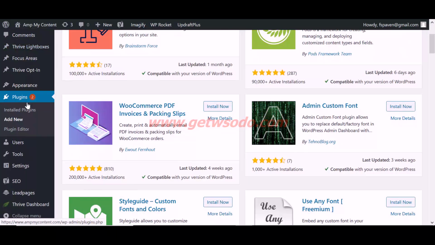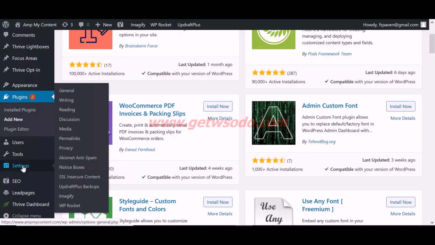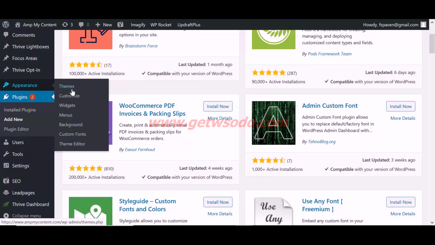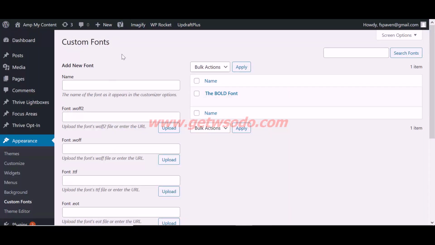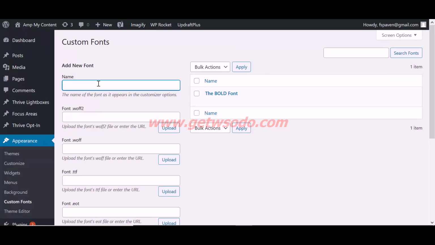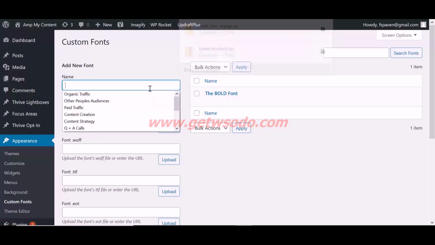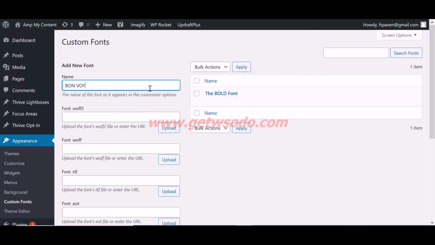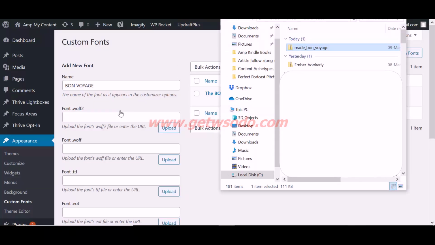Then, once you've got that installed, you go to appearance, custom fonts, and it'll load this page. Then all you do is you simply name the new font that you've just downloaded. What was it called? Bon Voyage. Any custom fonts, I like to give it a capital name just so it stands out. You can see this is one I've done before. So I'll open up Bon Voyage, and then I'm going to go across